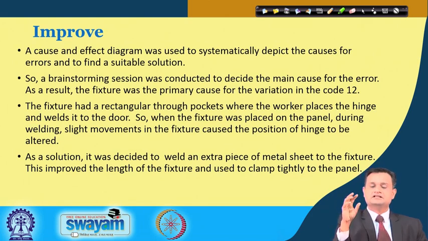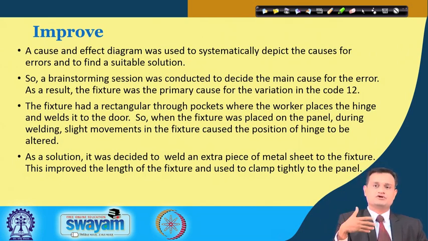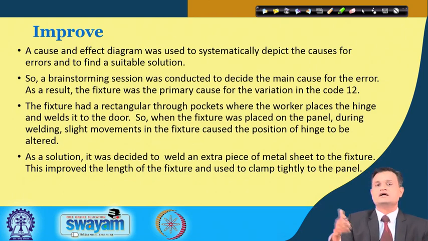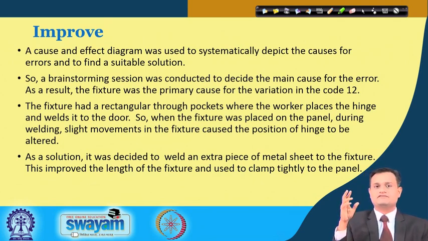So we had the problem with code 12, maximum number of defects. We had also seen there was a problem with the measurement. We had seen that sample number 15 was indicating an out-of-control process. Then we did the cause and effect detailed critical thinking analysis, and it was found that the fixture is a